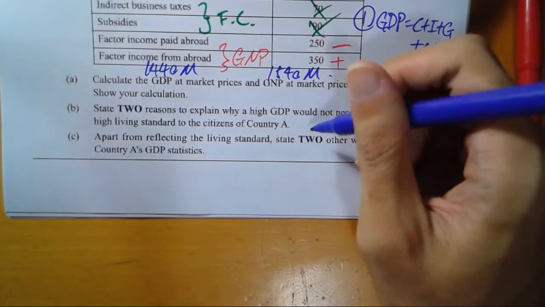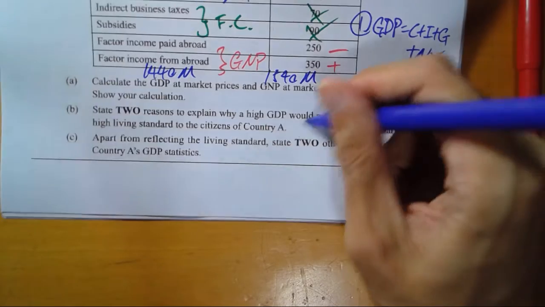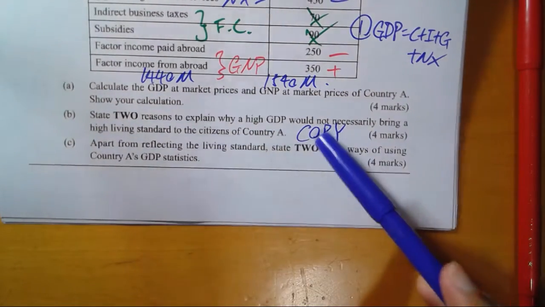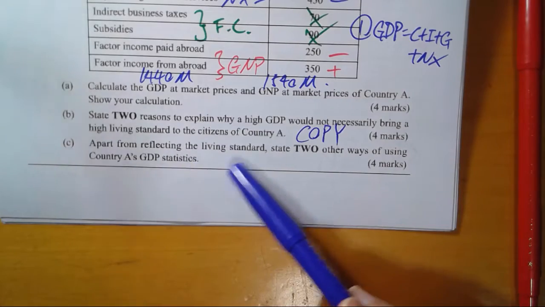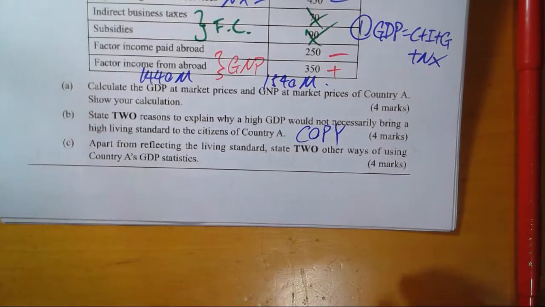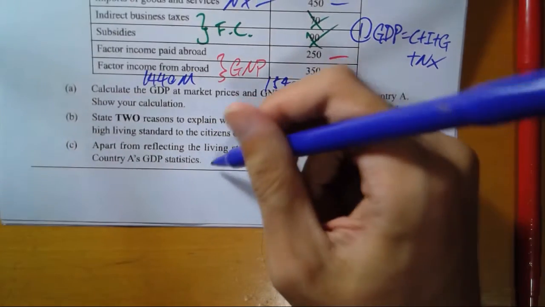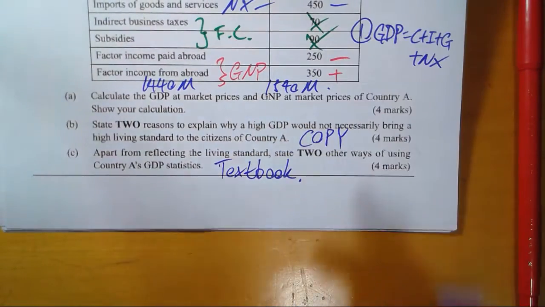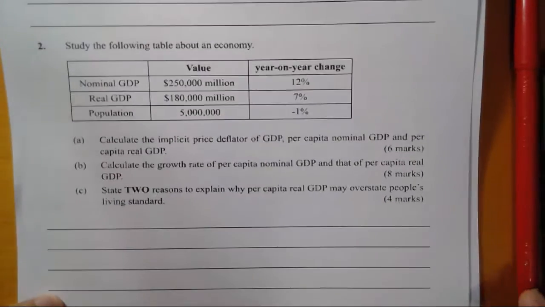Now state 2 reasons why a high GDP would not necessarily bring a higher living standard. 喂，呢個不如真係自己睇咯，好唔好啊？ You just copy from the notes, okay? The new set of notes, okay? I've already said it many times. Apart from reflecting, state 2 other ways that can be used. 喂，呢個仲離譜啦！Refer to textbook. This is a direct copy 唔講啦，好嘛？